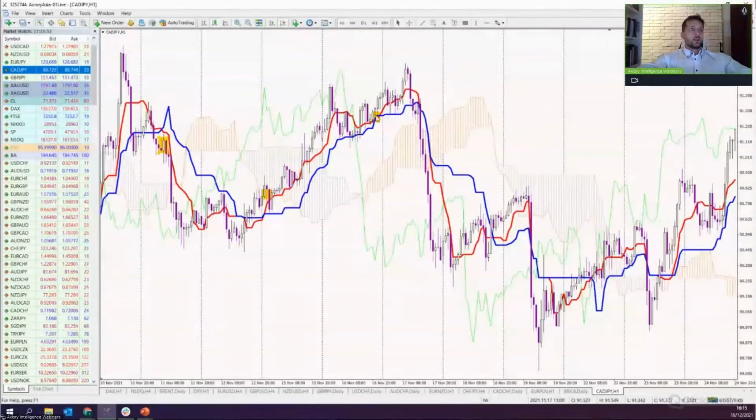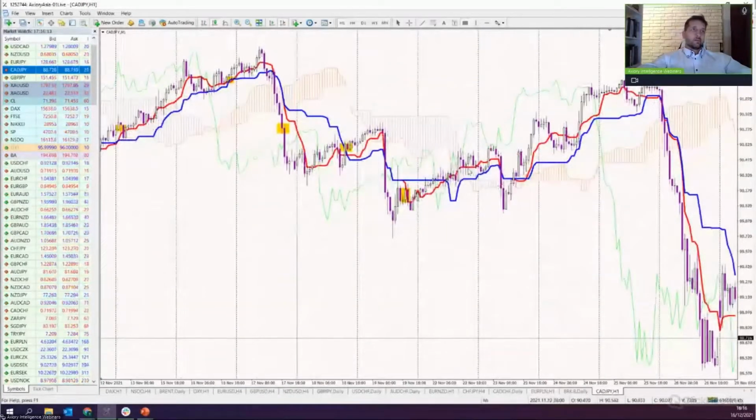So you are buying here and selling here. That's a loss. You sell here and buy here. That's small profit. You buy here and sell here. That's a big loss. I don't have to check loss, loss, loss. You buy here,